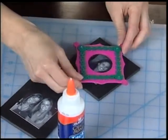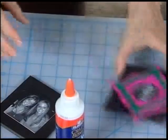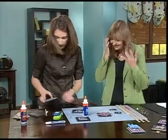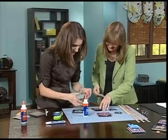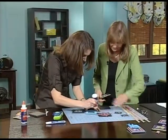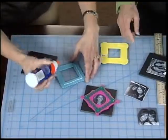Oh, that's so cute. There we go. Press that down so it stays in place. Would you like to do one while I finish up the other one? All righty. You're going to share that glue with me, right? Yes, I am. And the great thing with tacky glue too is that it dries clear,